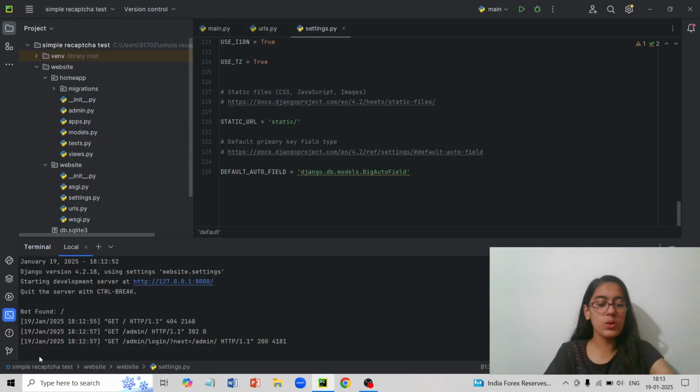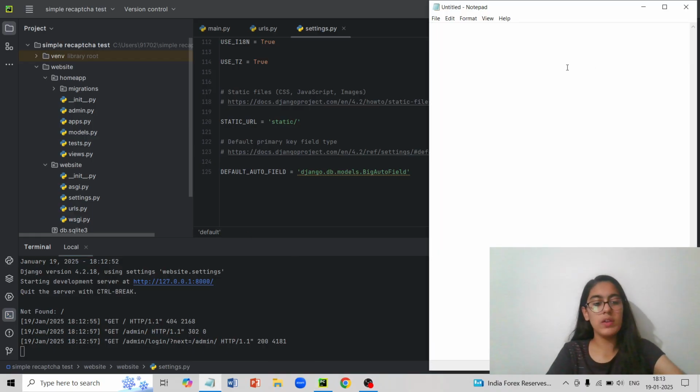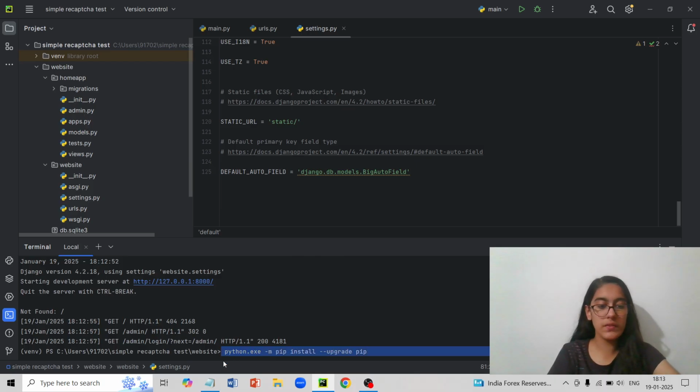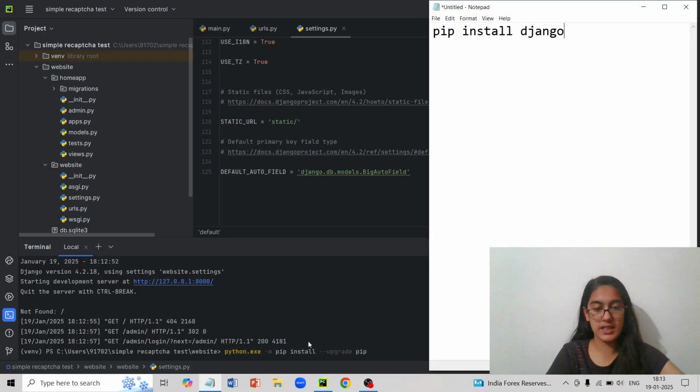Firstly, we will do our basic line, pip install Django. From this pip install Django, we will see that we get a line telling us to install the advanced version of Django. We will copy it because it will be given in the code itself.